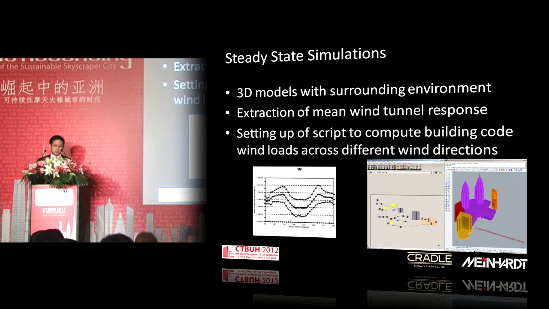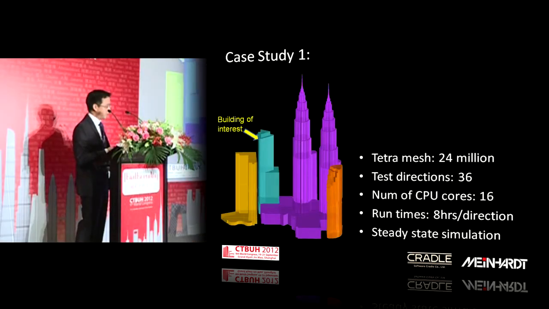building code loads. So when you first start a project, you don't have the wind tunnel, you don't have CFD. You would just look at the building code. But the building code obviously doesn't account for surrounding buildings or sharp corners or things like that. So what we did was extract out the surrounding buildings, and this is the Petronas, and our building is this green one right here. So we're close to the Petronas, and this was all tested and built already, so we have a good data set. Do we have shielding or do we have buffeting? How can we see that from a computational perspective?